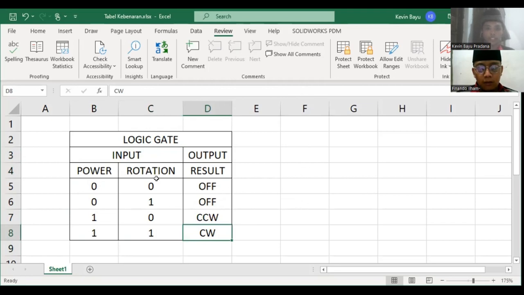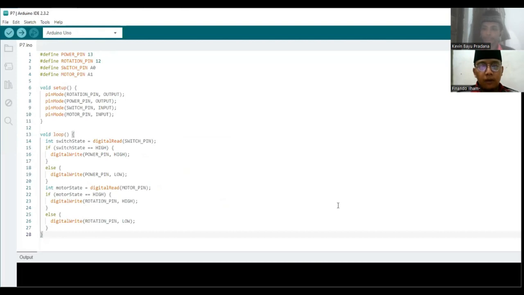After we go through the logic gate, we move to the Arduino for the programming. Arduino IDE is software that is used to write, compile, and upload program code to an Arduino microcontroller board.